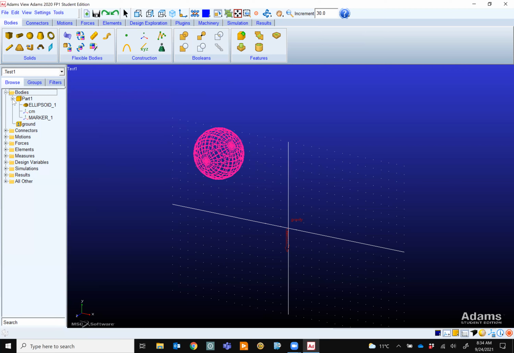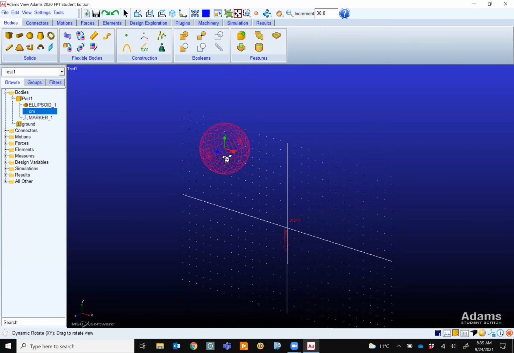If you open that part, you'll see 2 or 3 things underneath that part. One is center of mass. You see that CM? So maybe that answers your question. That's the center of mass for that part.